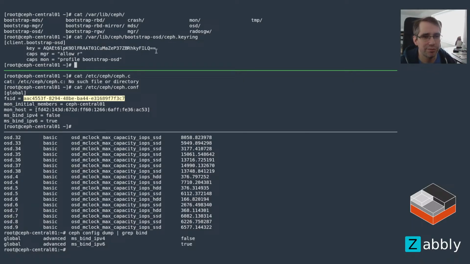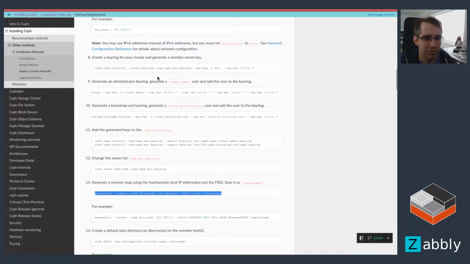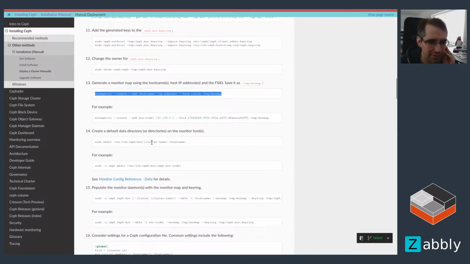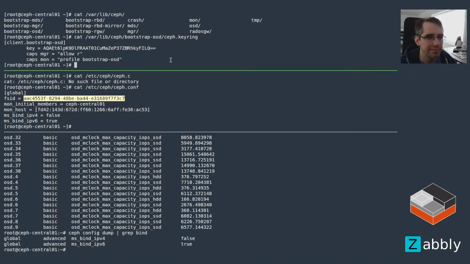Anyways, so we've got our initial mon map, initial keyring, and after that you need to actually set up the storage for it. So usually the cluster is just named Ceph. That's the most common name. And then host name would be,